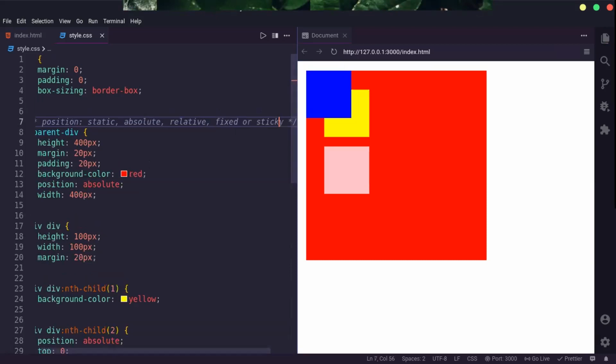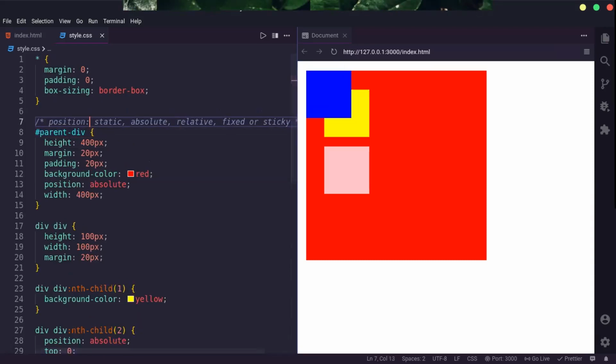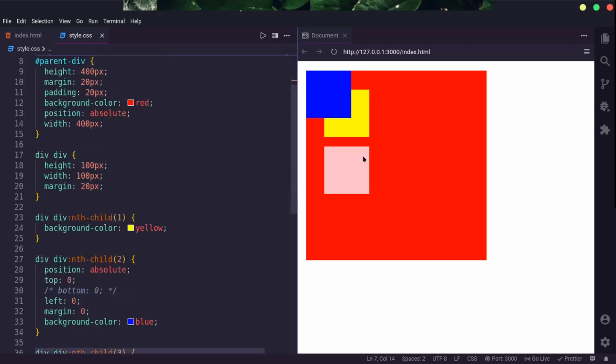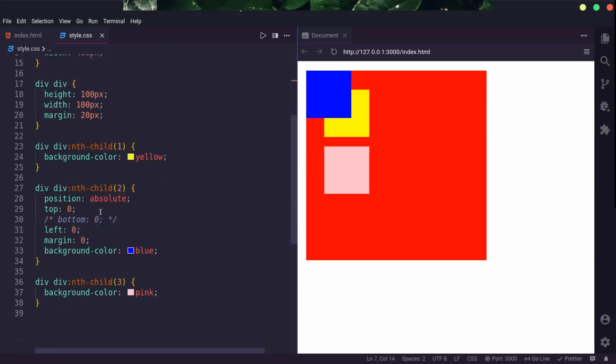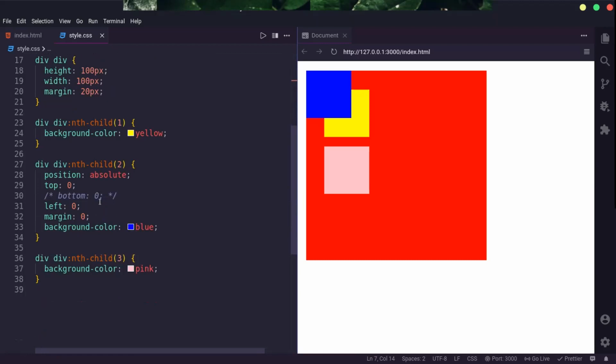If the position of this parent div is anything other than static, meaning non-static, then this div with position absolute will place itself with respect to this parent element. So we are done with position absolute.